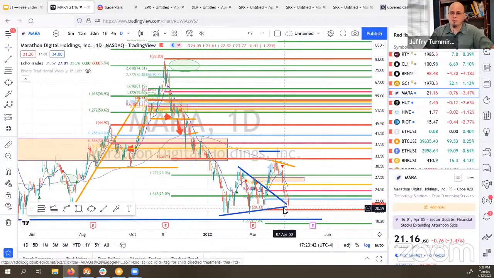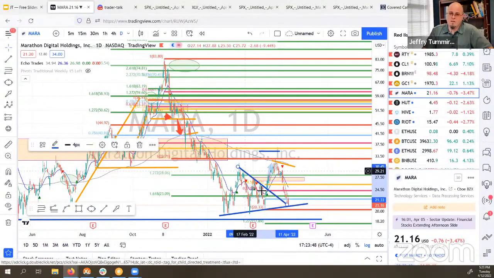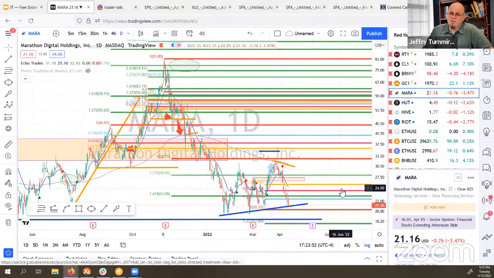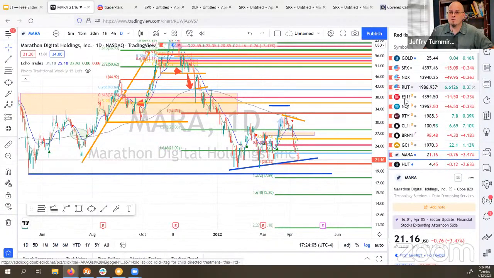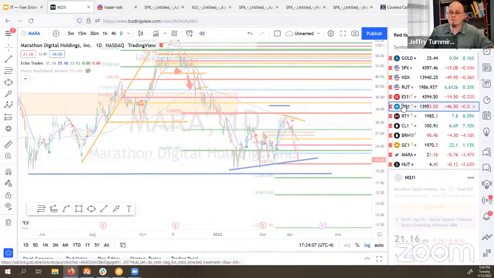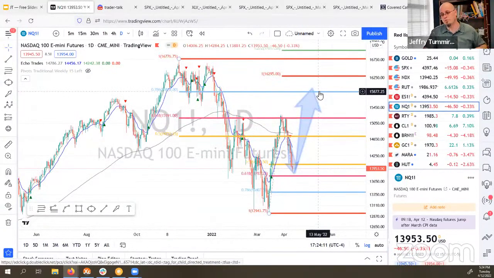It's coming right up on its trend line of the lows here today. So if Bitcoin keeps pulling back, this is not going to be pretty. So we need Bitcoin and crypto to turn around here. Now, the whole crypto space has been highly correlated with the NASDAQ. So if the NASDAQ turns around right here and starts going bullish, then crypto is probably going to go with it.